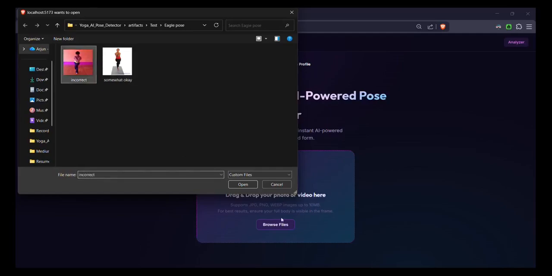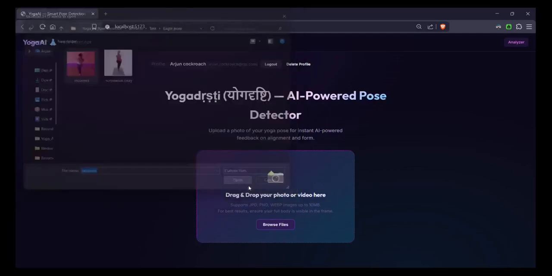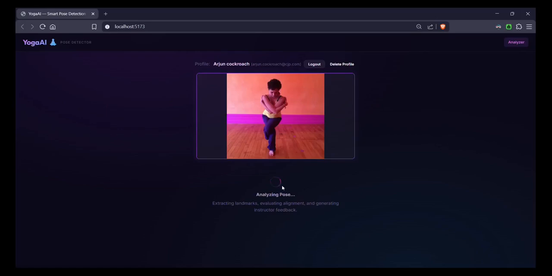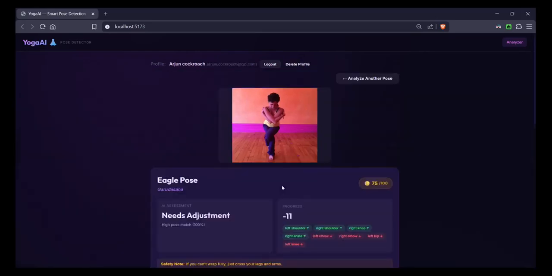Give an incorrect version of this particular eagle pose, Garudasana, where the person is clutching hands and the alignment is not all that accurate. If I give this to the model to analyze, this is where Google Gemini 3.1 Pro shines. It takes the raw joint angles from our geometric rule engine and translates them into encouraging, actionable tips. It tells me exactly what I'm doing well, like my arm wrap, and where I need to focus, like squaring